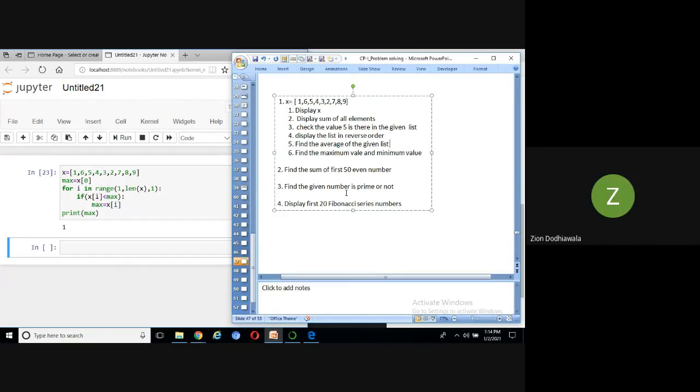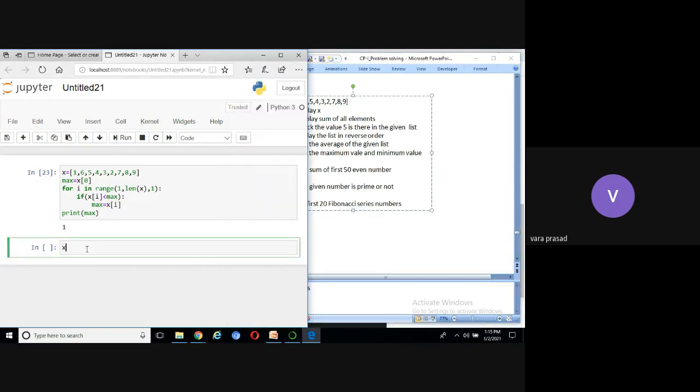If we put x equal to 5. Okay, I'm going to write a new program. X equal to 5. If x equal to 5, double equal to 5, pipe symbol.